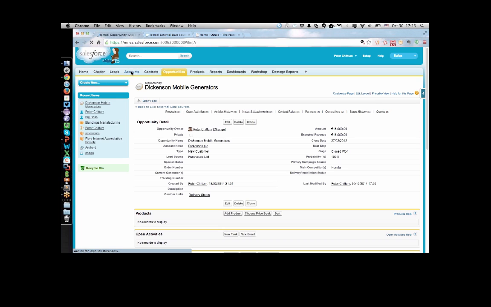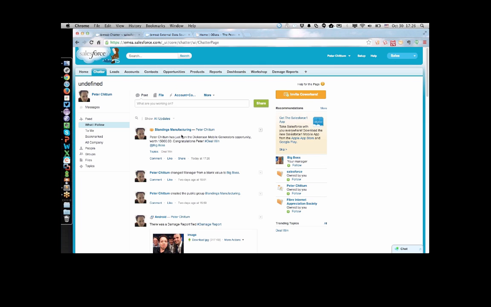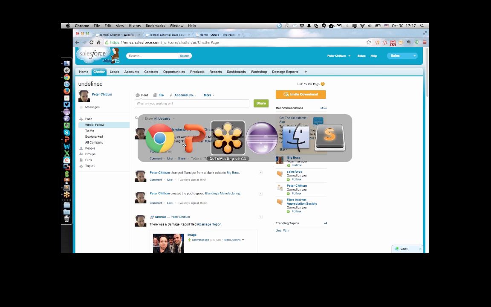And if I go in to take a look at Chatter, there we go. So there is my Chatter post that was generated by that. The important thing here is that this is a rich Chatter post. In other words, we have things like hashtags and @mentions going to actual users and that sort of thing. So if we go to actually look at the code for this, I'll show you some of the problems that